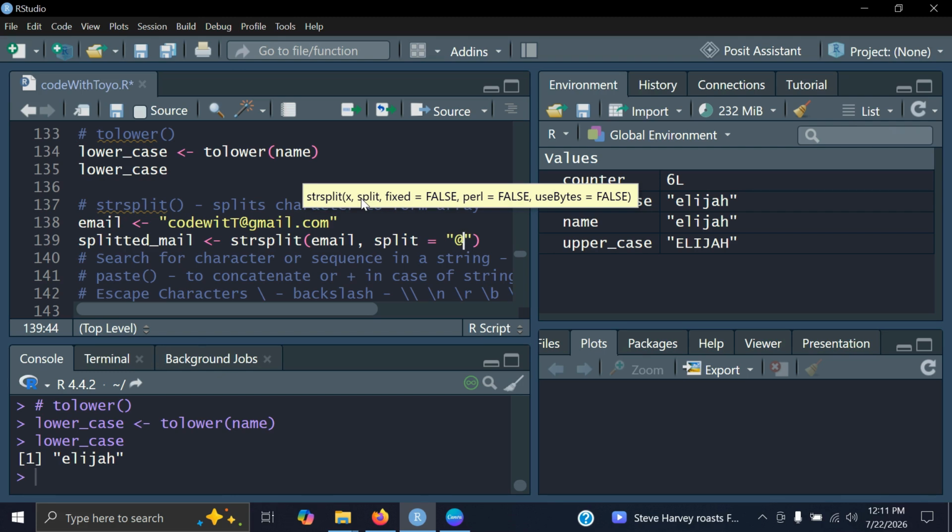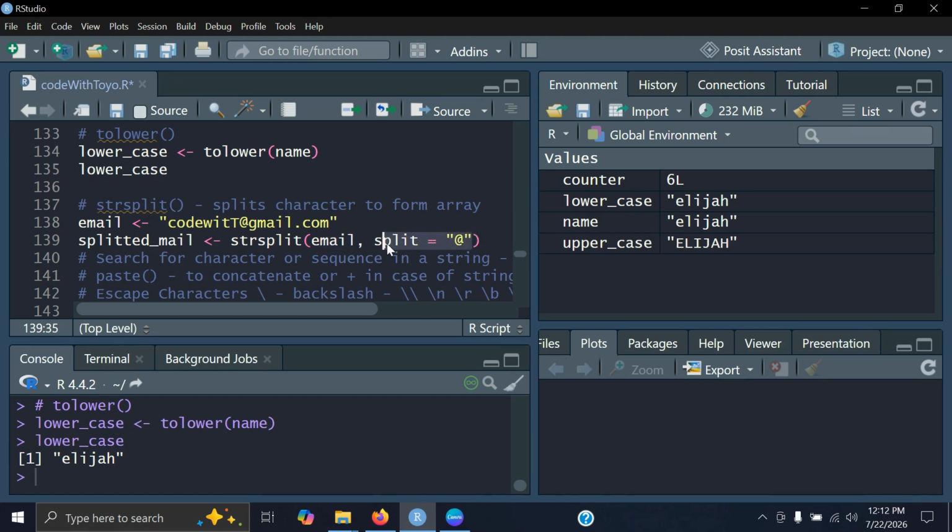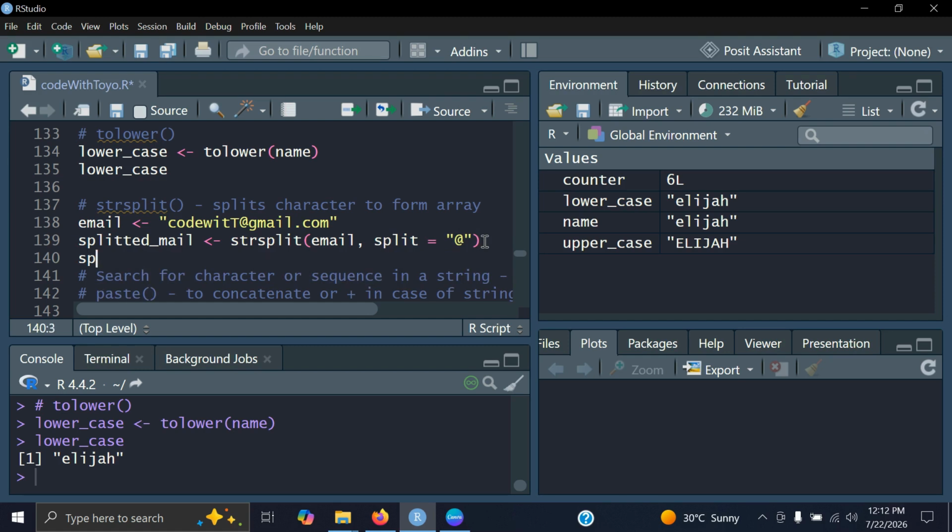So whatever you are splitting, the item you are using to split or the character you're using to split, you pass it as an attribute. Then part of the argument you pass is what you want to split, and what you want to use to split, or is split with or split by, whatever the case may be. So now, if I go ahead and print splitted email